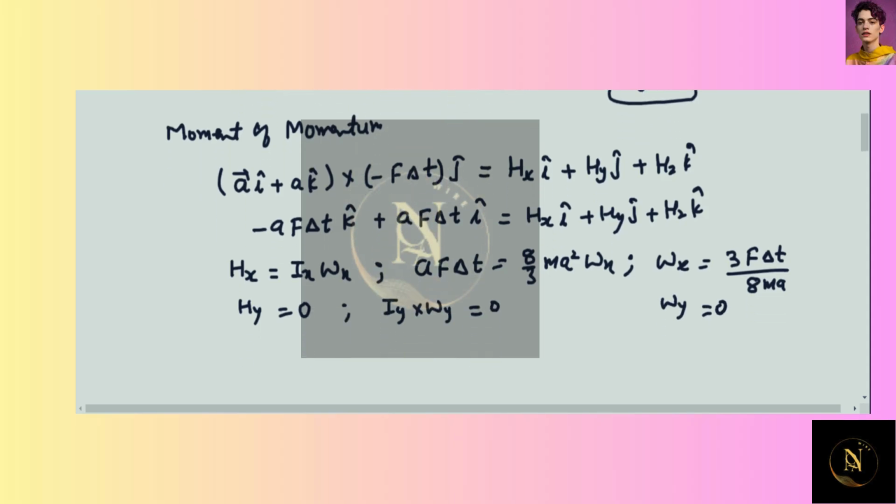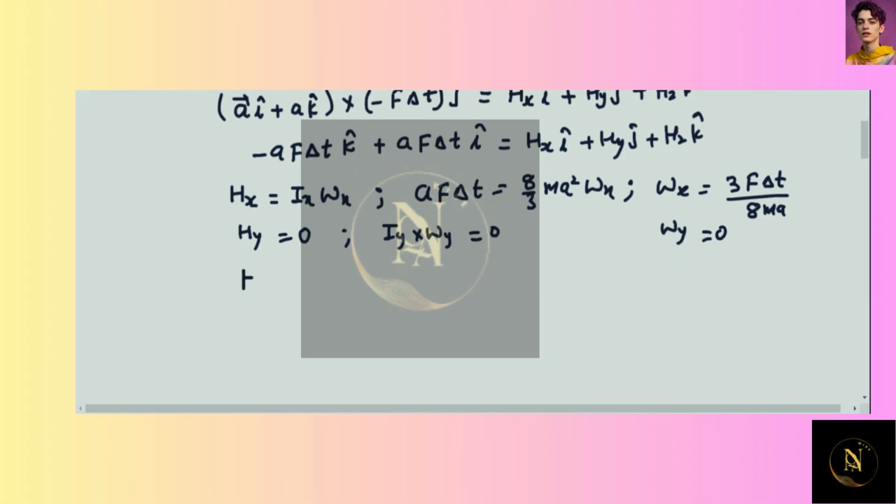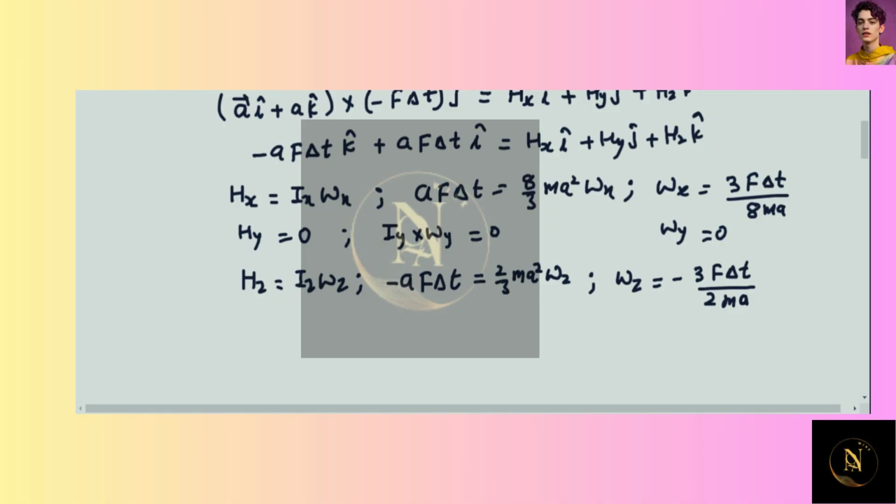Hz is equal to Iz omega z. Hz is minus a F delta T, 2 by 3 ma square omega z. So angular velocity along z axis is minus 3 F delta T upon 2ma. So we can write angular velocity of the assembly is